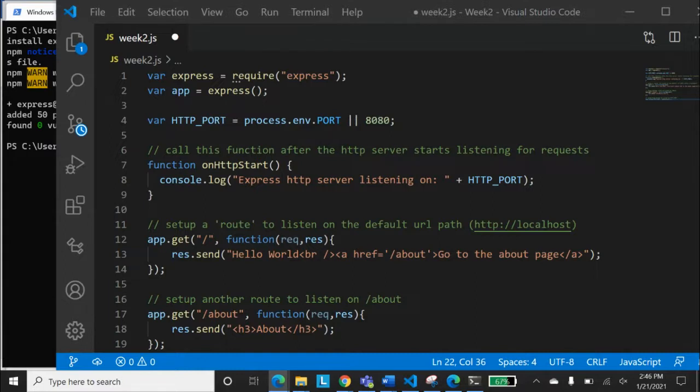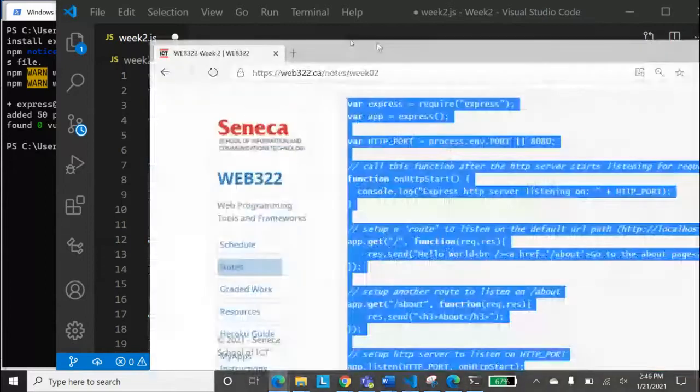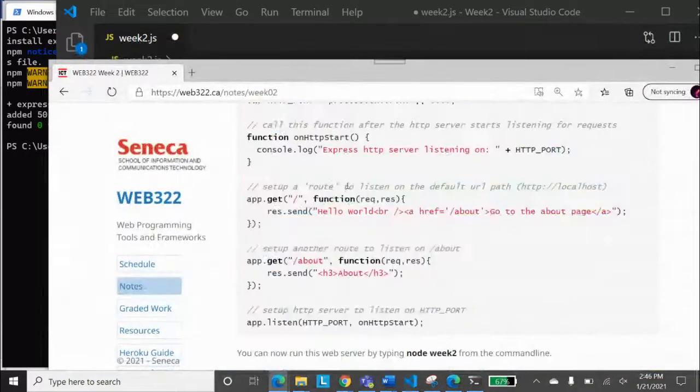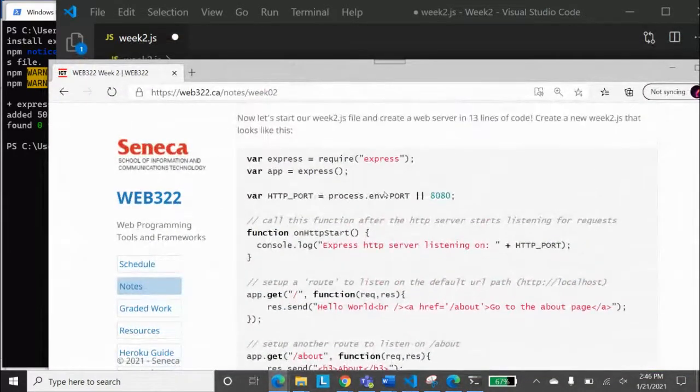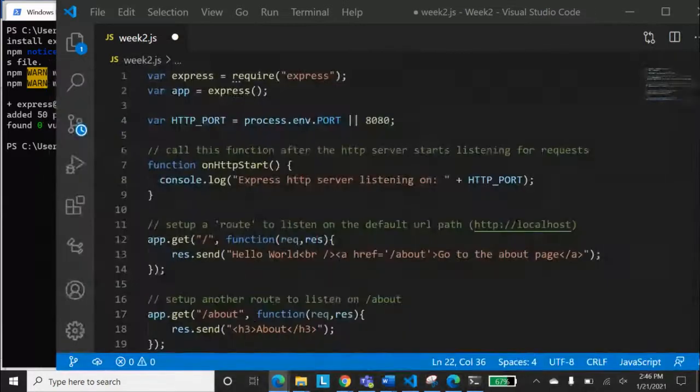Hopefully it has copied everything. So I've posted it over here. Otherwise, this is in our week 2 notes. If you go to your week 2 notes, you will find that. I've taken this from the section on setting up the server, so you can always go and access that. Now I'm saving this.